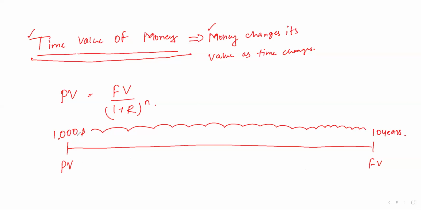So if $1,000 is invested today at 10%, what will it become in the next 10 years? To know that, we will have to take this present value and compound it at 10% and push it towards 10 years. Now there are two terms very frequently used in finance: pushing and pulling the cash flows. Please try to understand this. Pushing the cash flows,